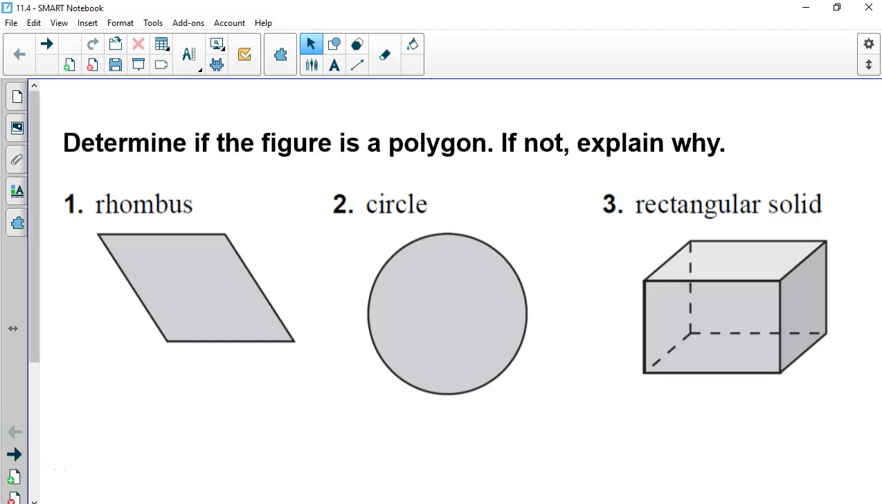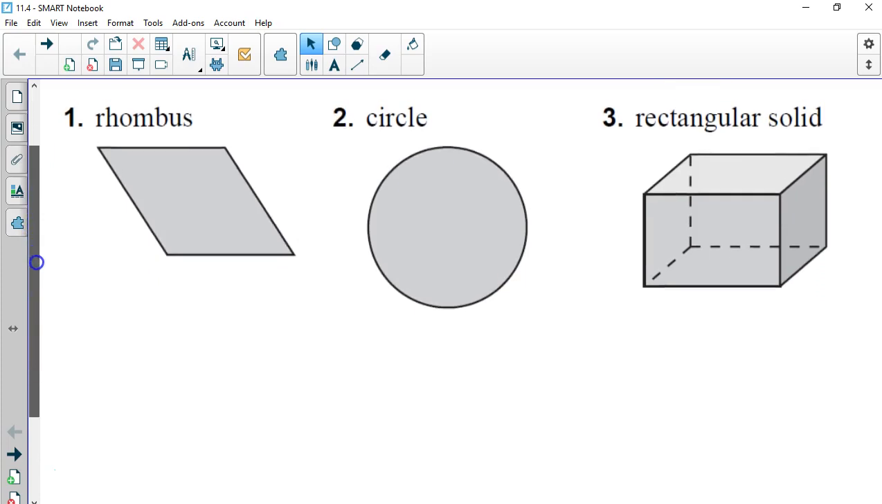Question 11.4. Are these shapes polygons? Well, remember, let's refresh your memory. A polygon is, well, first off, it's a two-dimensional object, and it's made up of straight lines,